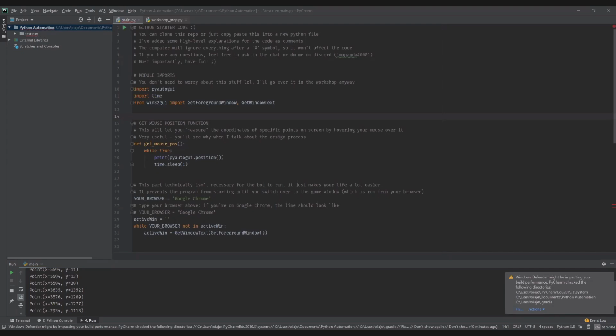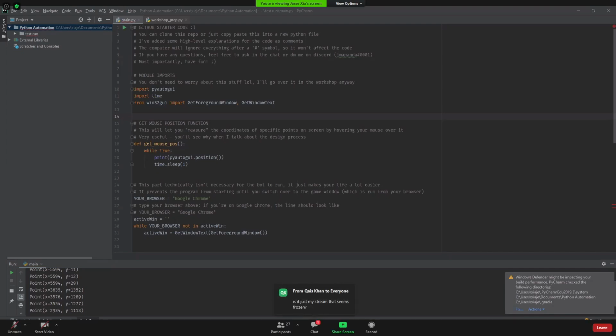All this stuff in gray is not really that important. It's just comments and stuff telling you what this code does. It's not going to actually affect your code at all. But the first thing I want you guys to look at is this first section where it says module imports. This module imports is very important because